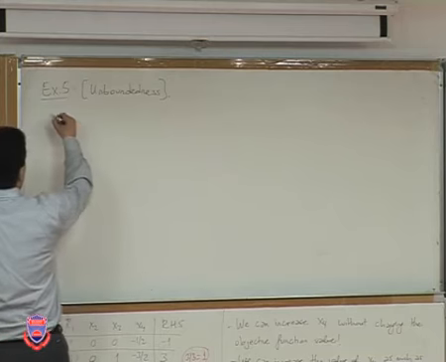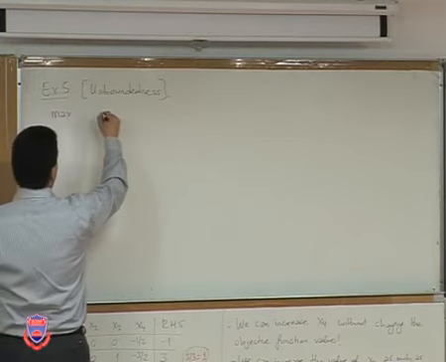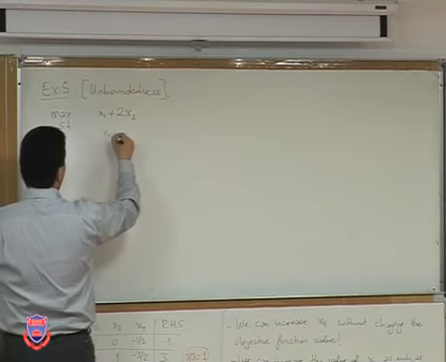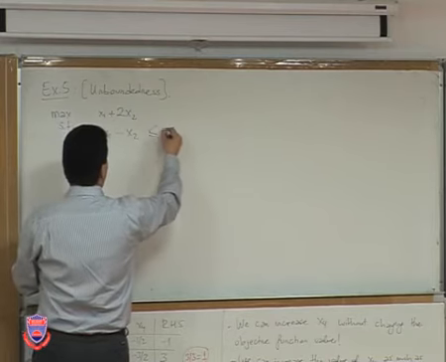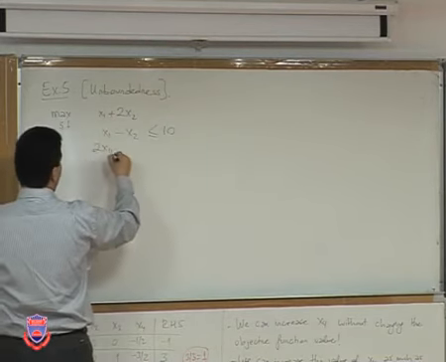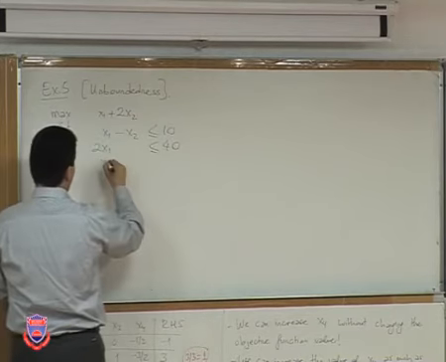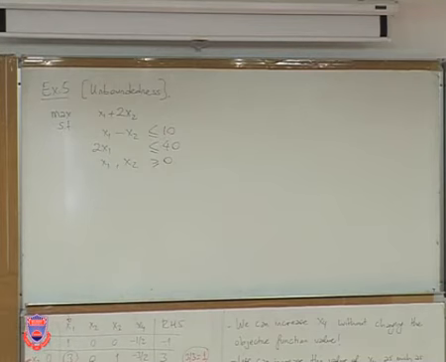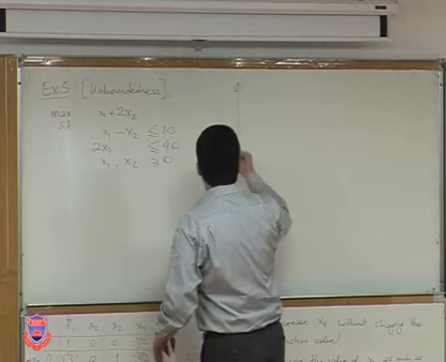So suppose that we consider the following problem. I'm going to maximize x1 plus 2x2. And I have the following constraints. x1 minus x2 will be less than or equal to 10. And 2x1 will be less than or equal to 40. And x1, x2 will be non-negative. Okay? All right, so again, let me draw the feasible region, just to convince you that this is